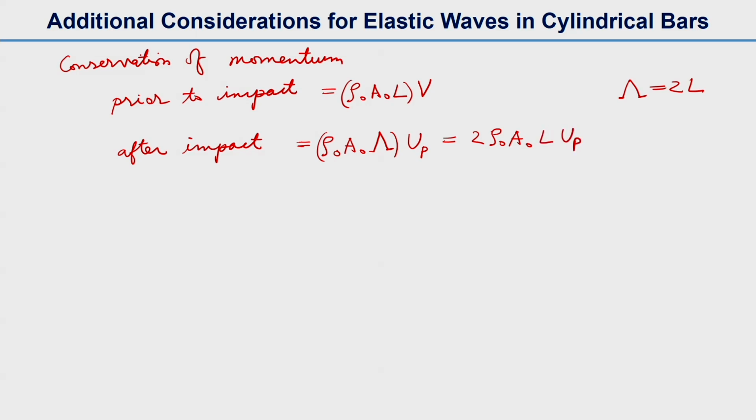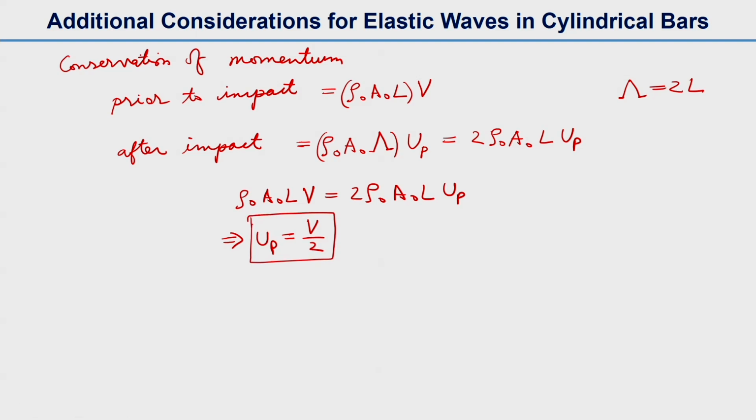this will be L u p. So now if we use the conservation of momentum, rho naught a naught L v is equal to twice rho naught a naught L u p. So this will give us u p, the particle velocity, is half of the projectile velocity,